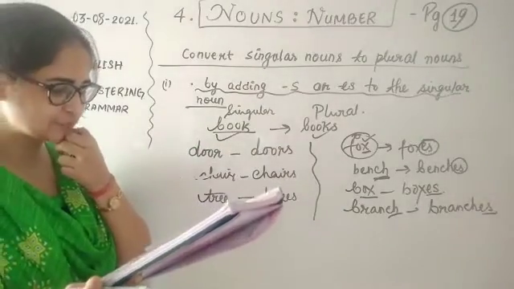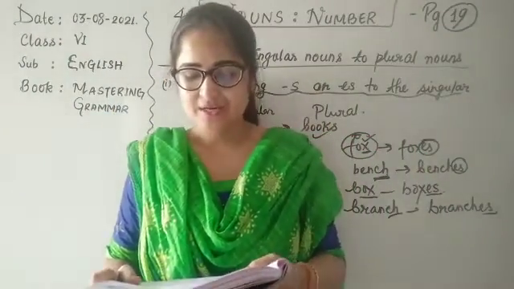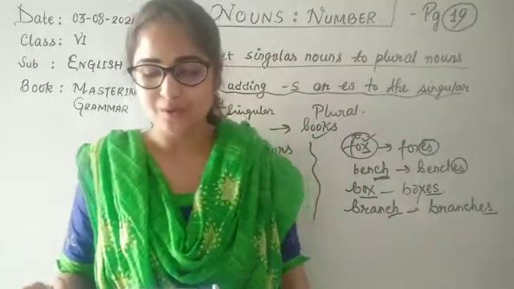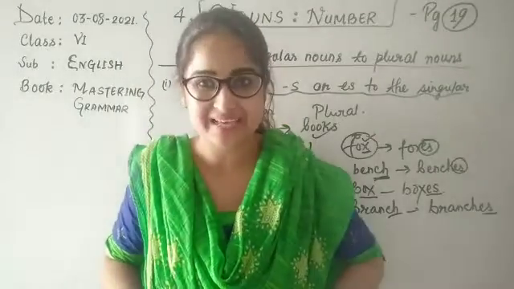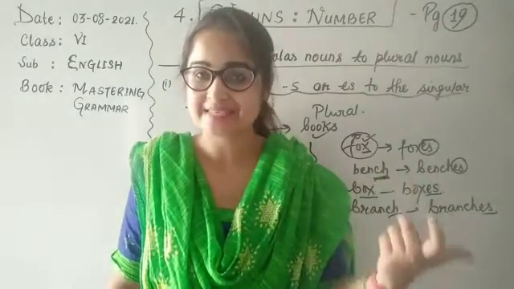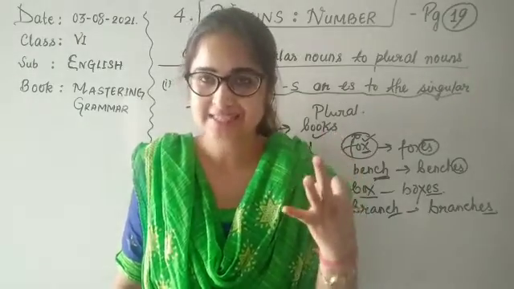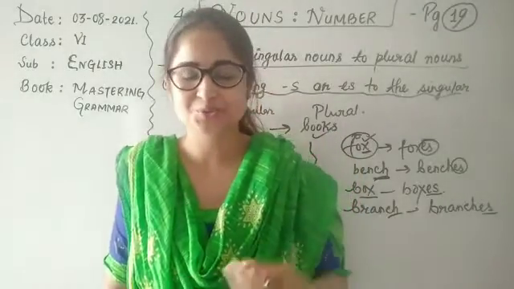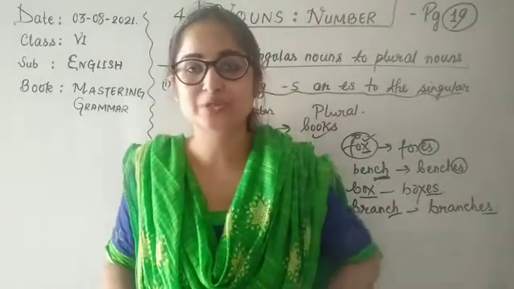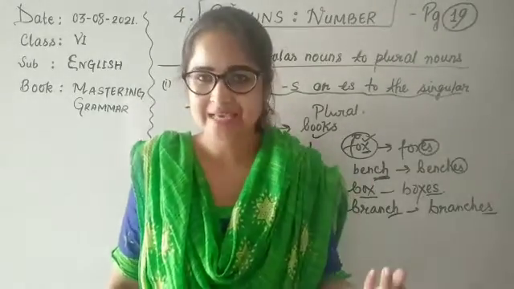Now let's move to the next one. You can see some more examples are given there like class, classes, glass, glasses. You saw what's common here, like class, it's ending with double s. That's why we are adding es to it. Now imagine if you have to add only s after class, what it will become? Class with three s at the end, right? So we aren't going to do that because the spelling will look really odd. That's why we are going to use es. So whatever is ending in s, we are always going to use es.